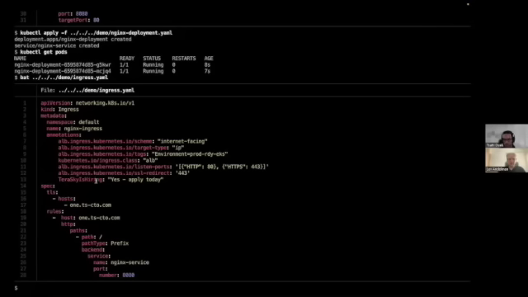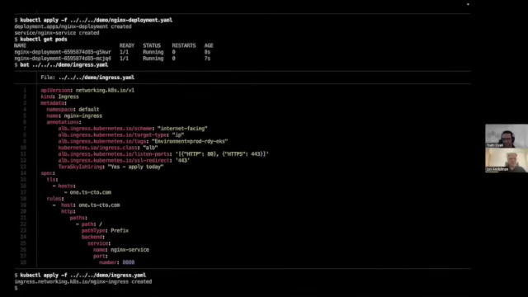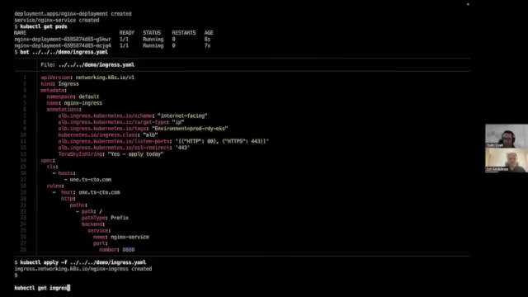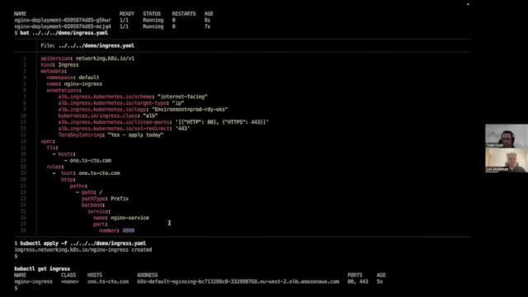Nothing will work without this annotation. I'm just kidding. So let's deploy this ingress. All right, so it was created. Let's take a look. Great. So now we have our ingress